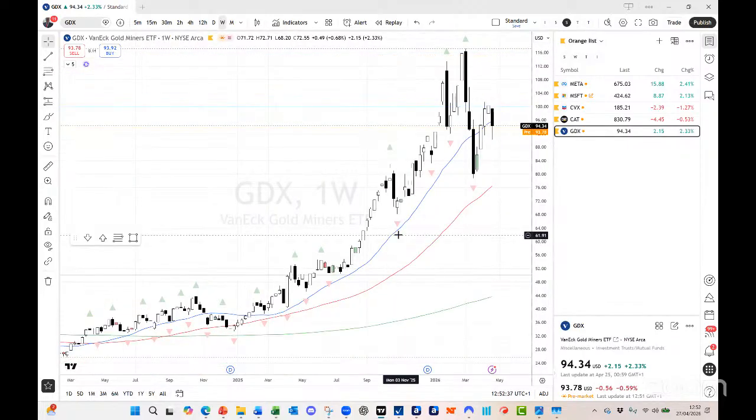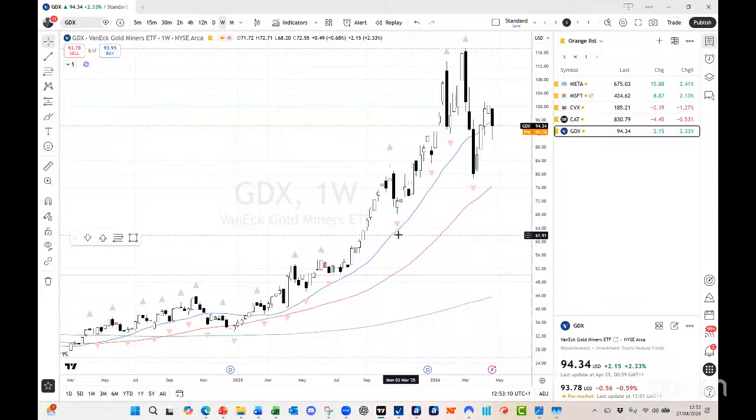Finally today, before we switch over to the live markets, this is GDX, the VanEck Gold Miners ETF. It's like a leverage play on gold, which generally benefits from rising gold prices and dollar weakness. Because it's miners, you're looking at things like cost pressures. If energy and labor become expensive, that has an impact on margins, and even if there are higher gold prices, those cost pressures will have a big impact.